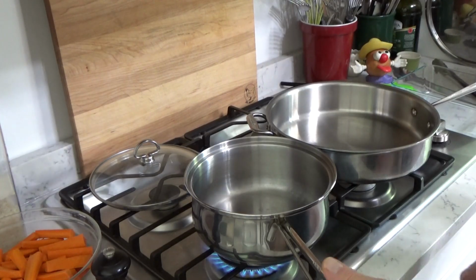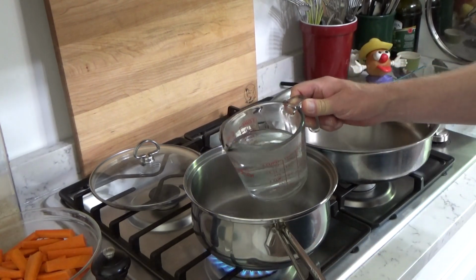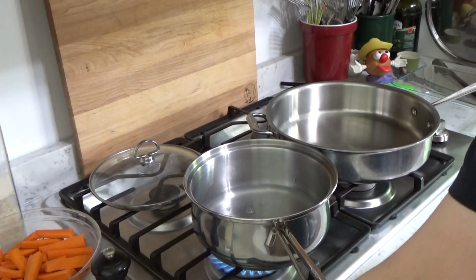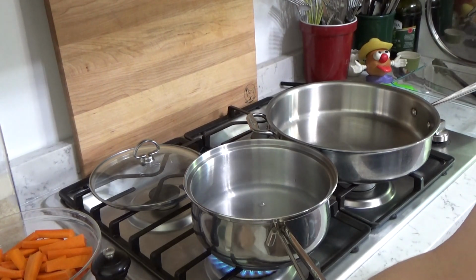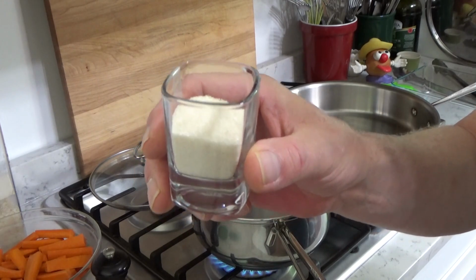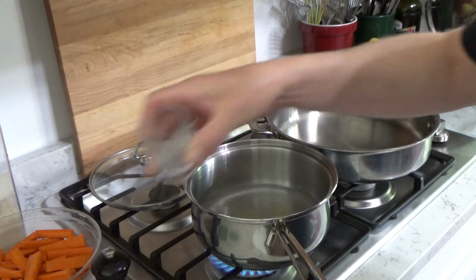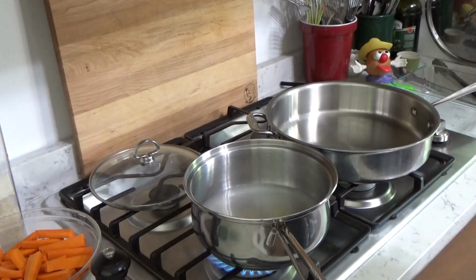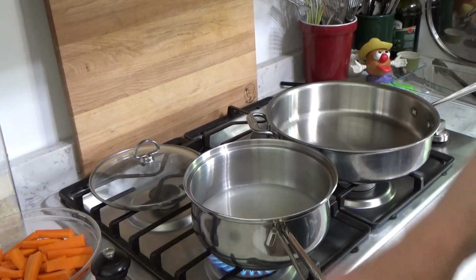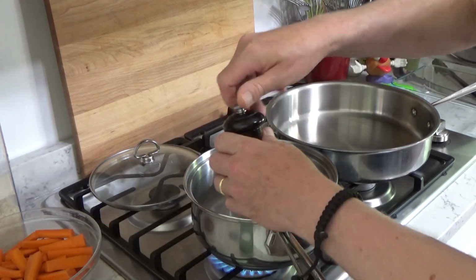All right, for the carrots, the first thing we need is 1.5 cups of water. I'm putting this in a medium-sized saucepan. And then we need 2 tablespoons of regular granulated sugar. This is a French style of doing carrots. Then we need a pinch of salt, some grinds of black pepper,